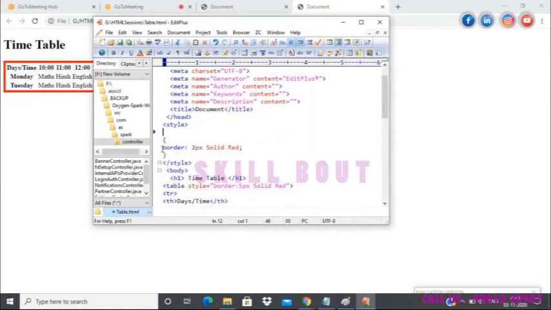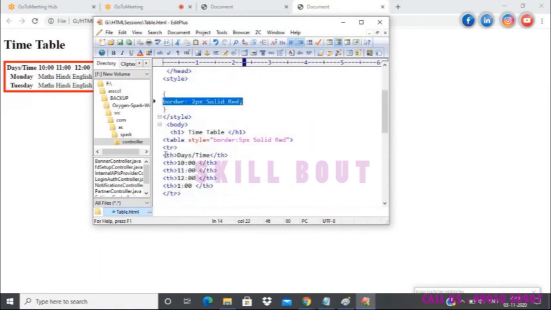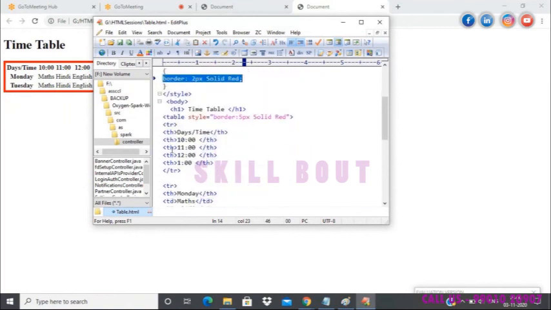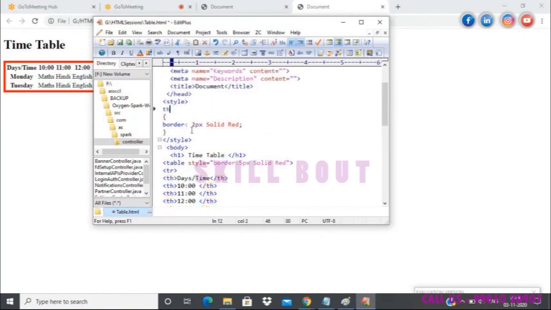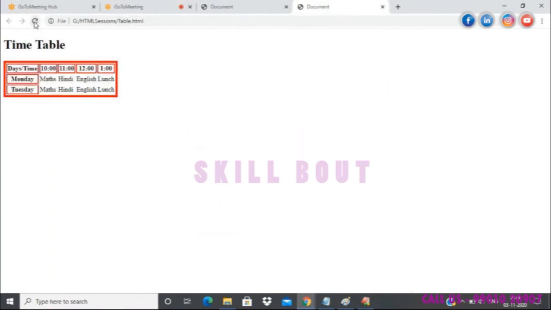Let's assume I want this border only for th tags. Wherever th tags are there, I want that border to be available. Now, how do I consider providing for the th tag? By giving the tag name. Tag name or element name, whatever you want, you can call it. Take the tag name without using braces, just pass the tag name on top of the curly brace. Now, see here. Wherever th is there, at that particular cell, we have provided the border.